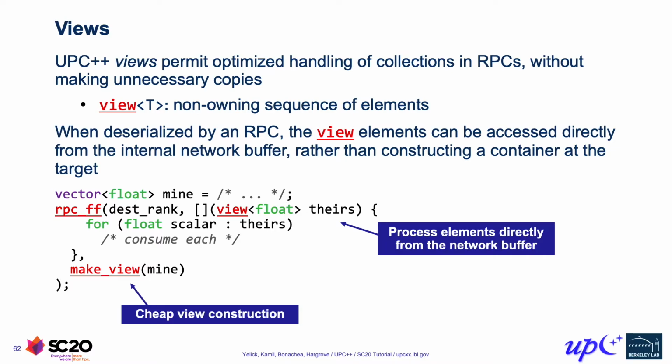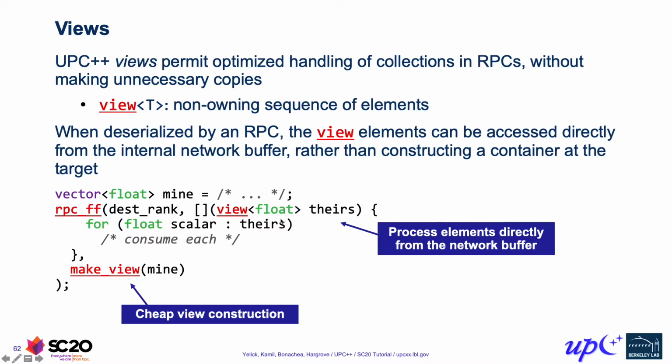So in this case, rather than giving RPC a standard library container, if we give it a view instead, we can do that by just constructing a view over the container. You can also construct a view over 2 iterators as well. When you pass this view to RPC, it does actually convert all the elements to their byte representations. But then on the receiver side, the data sit inside a network buffer. And so you get back a view over the network buffer inside the RPC callback itself. And then you can iterate over the network buffer itself.